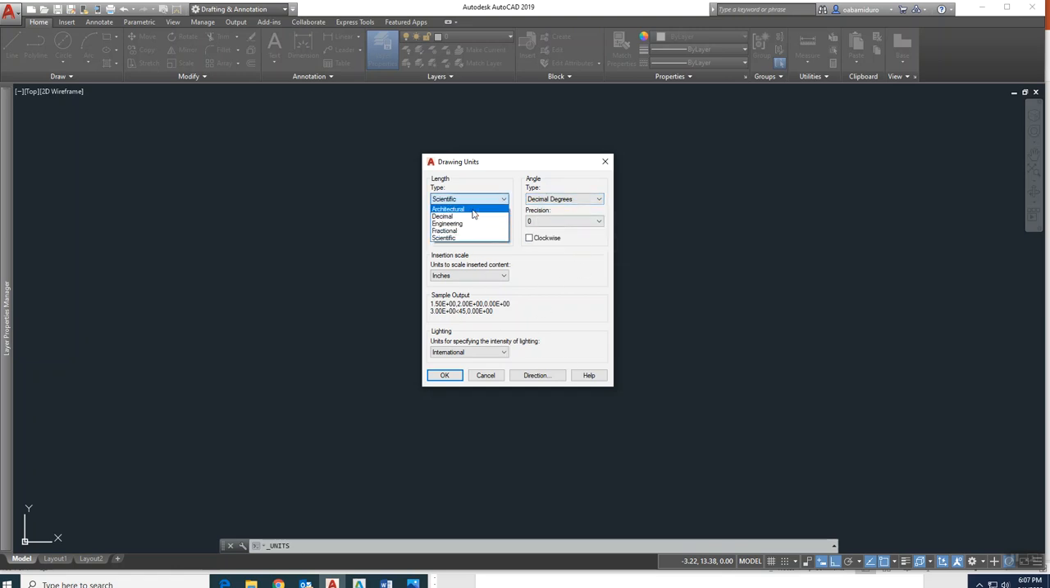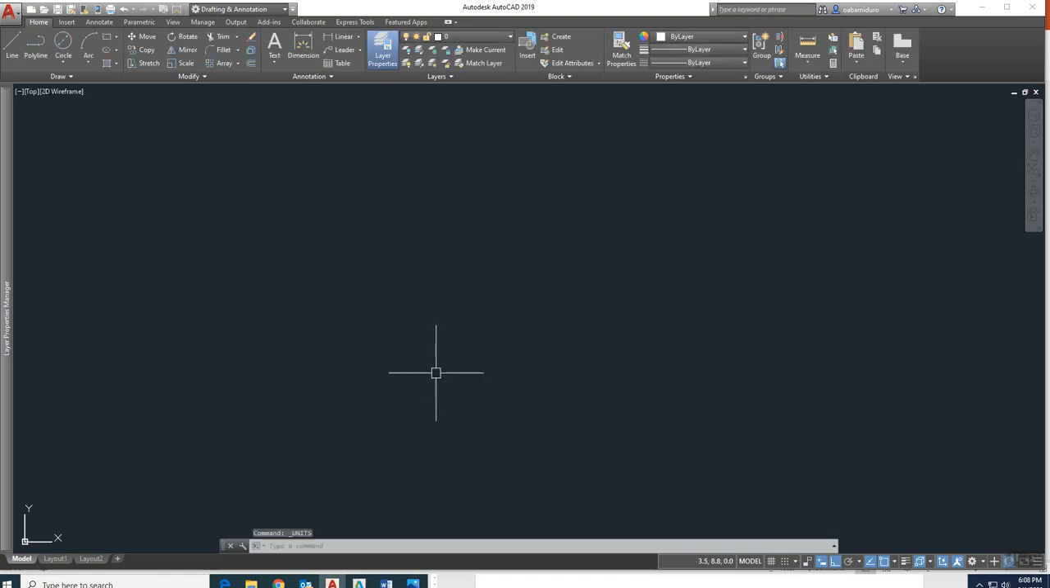So I just want to go back to my decimal, and I wanted to make it only a 0.0 precision, okay? And I am going to keep it in inches, okay? And I'm going to hit OK, okay? So I've initiated my units, and then another